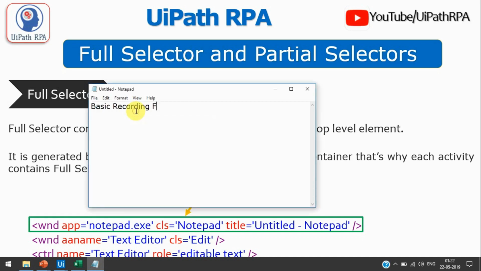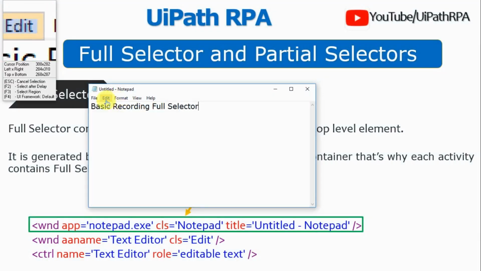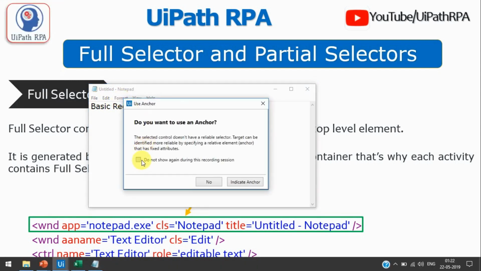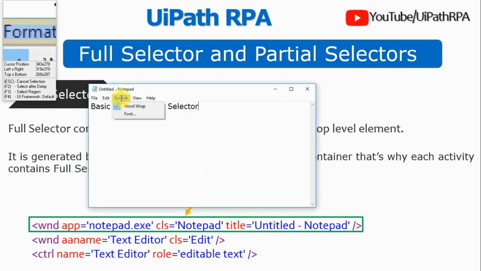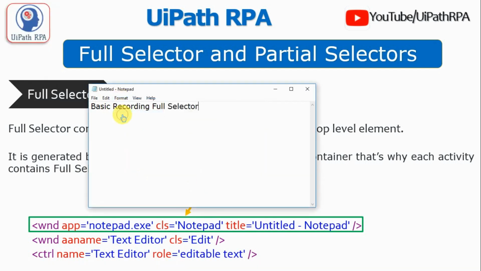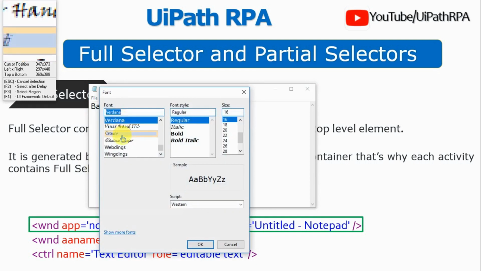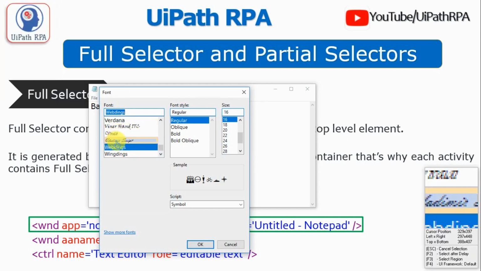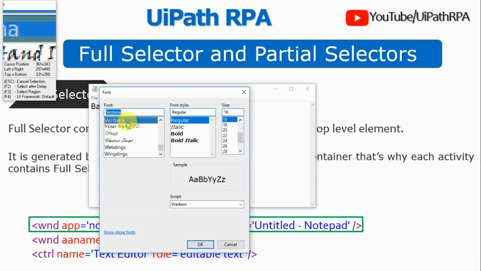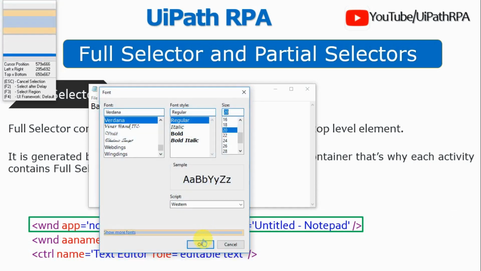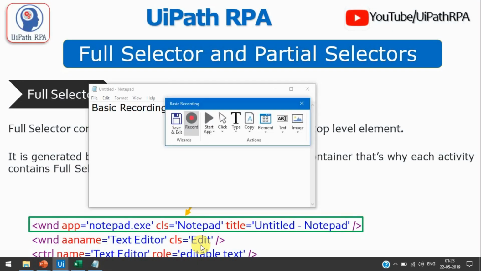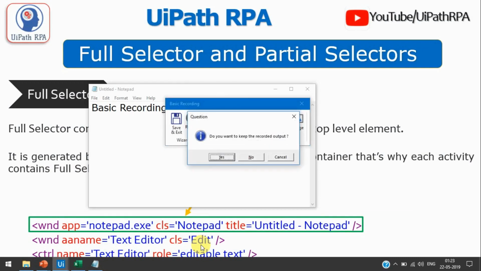Then just press OK, and then I will click on format. I will get this. Then we need to click no, then select font, then select any one from here, like Verdana, no issue, then change the font size and press OK. Now press Escape to stop the recording and press Escape again to save the recording.